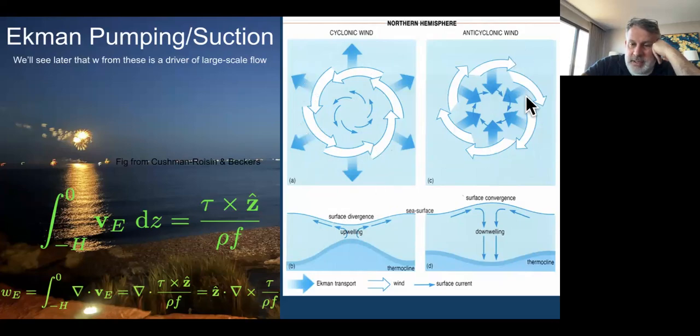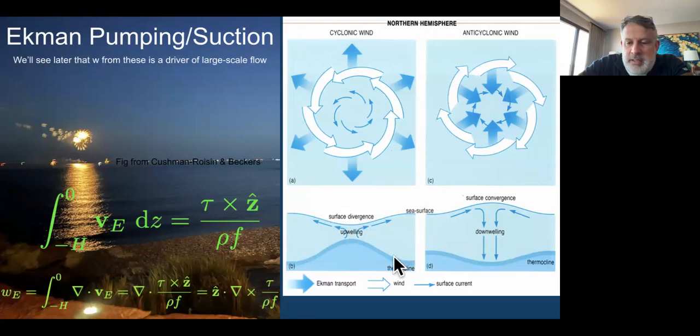If you have an anticyclonic wind, like a blocking pattern or something like that, then you have an anticyclonic pattern which pushes all the Ekman transport to converge into the middle here, which would cause a downwelling and a surface convergence. So the cool thing about these diagrams is not only that they make it really clear that this curl could be a circular thing and therefore trigger an Ekman velocity, but they also are drawing on both the sea surface